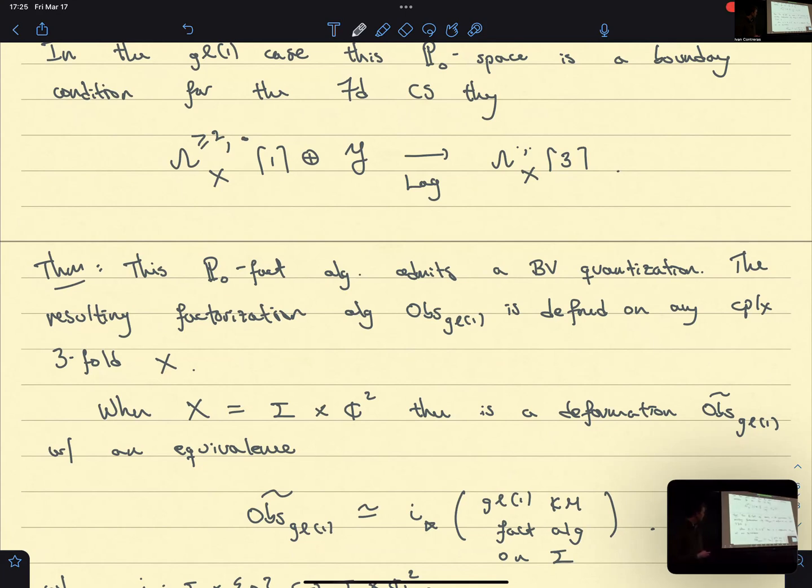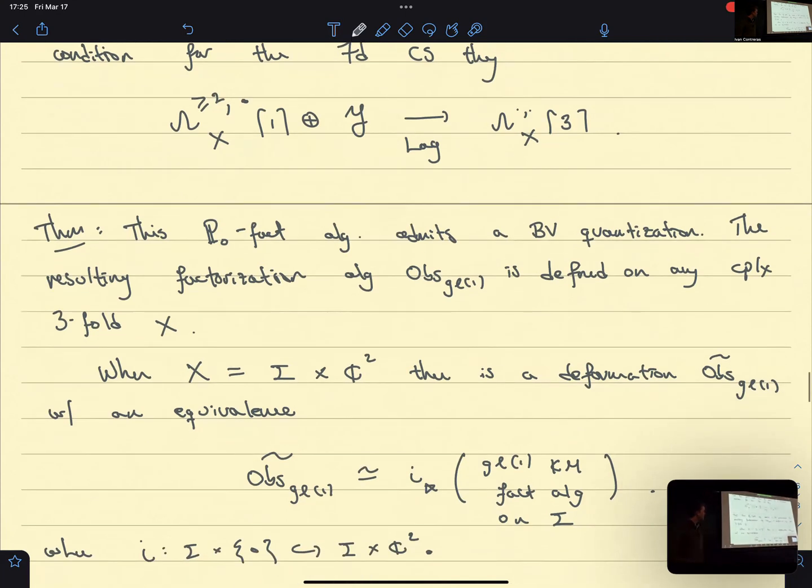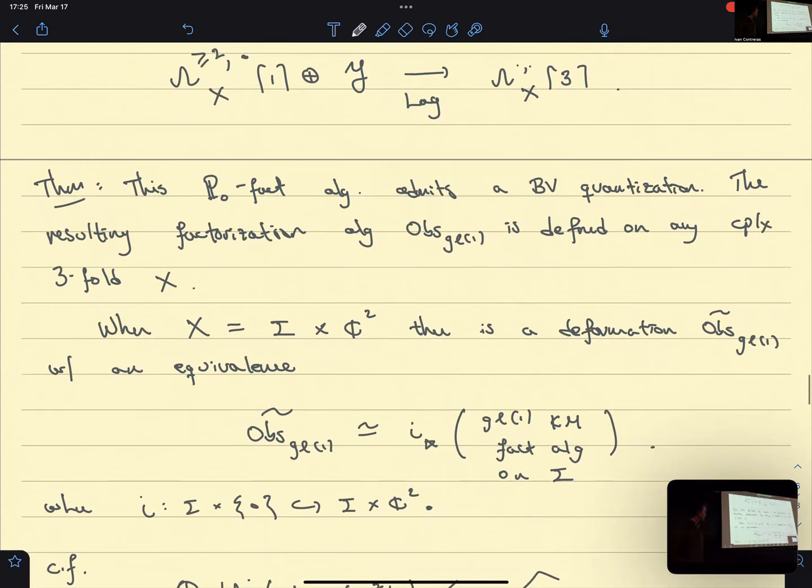And at the classical level, what we have is a P0 factorization algebra. And I can quantize this factorization algebra to get a new factorization algebra. So maybe I'll just leave my result like that. The quantization of this P0 factorization algebra exists. I can write it down explicitly as a complex three-dimensional factorization algebra, and it shares a lot of beautiful connections